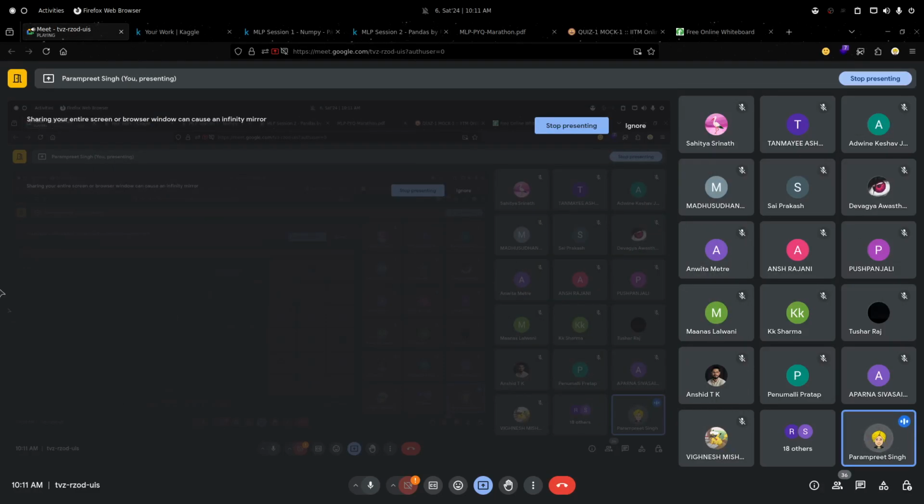Yes, Shankar? Yeah, Parampreet, I have a question. If we handle missing values before removing the outliers, so उसमें missing values जो हम handle करेंगे उस पे भी तो outliers effect डालेंगे, no? Like if we replace with mean, median से तो कुछ outliers impact नहीं डालेंगे क्या उस पे?